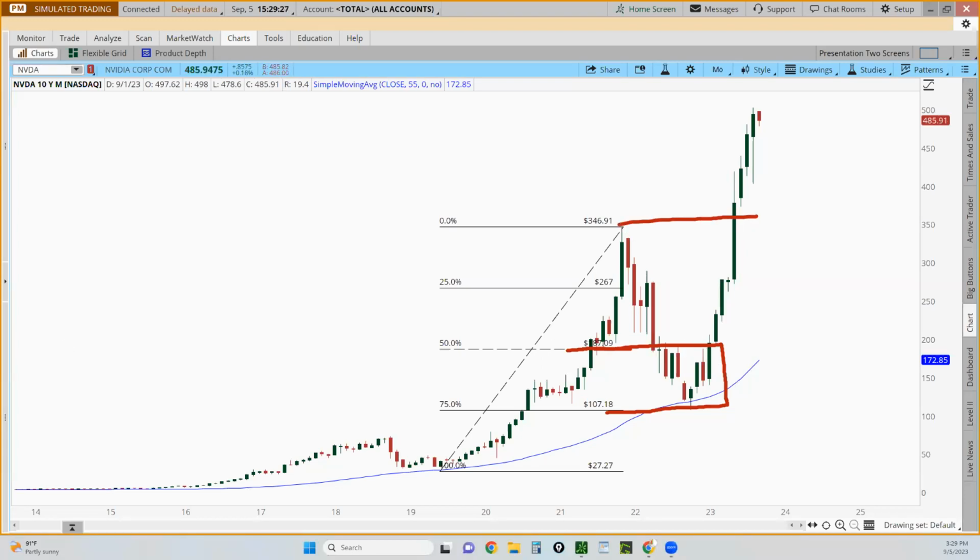I don't look for breakouts. I don't trade breakouts. I don't do any of that stuff. I'm just trying to find how to get in between 50% of a pullback to the blue line, somewhere between there, and right before it heads back up again. So this is one of the reasons why when we saw NVIDIA back in November of last year, or January of this year, actually, we were telling people, hey, buy NVIDIA, buy NVIDIA, buy NVIDIA. A lot of people were still kind of skeptical because they were saying, oh, the economy is going into recession.